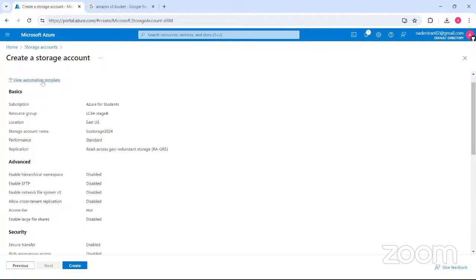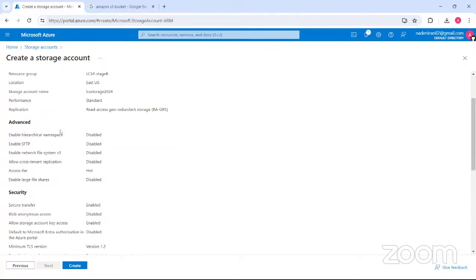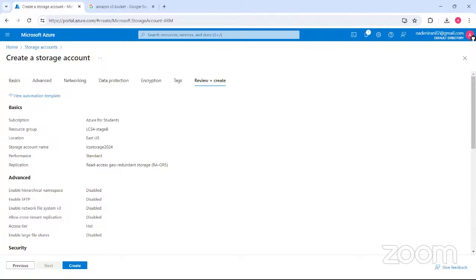But before I do this, I want us to see something. For every service you're trying to create, there's a view automation template. If you remember, as I stated even for Docker, when you want to automate things, the essence of DevOps is automation. It would not be logical, when we are trying to practice DevOps, that every time we want a new storage account, or probably we are trying to automate the process of storing archival data every year,